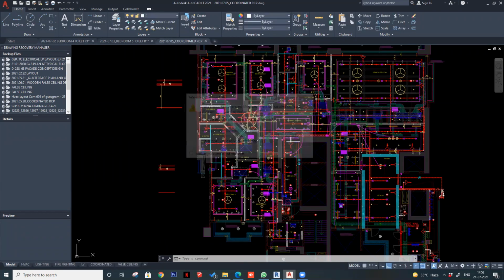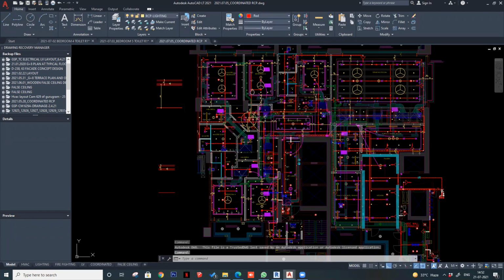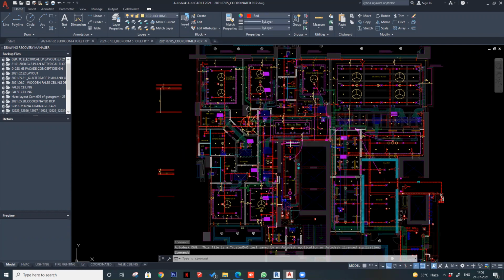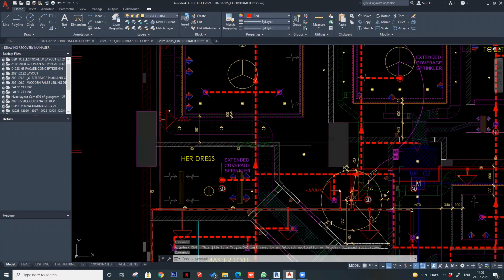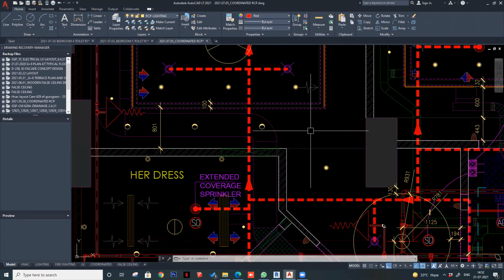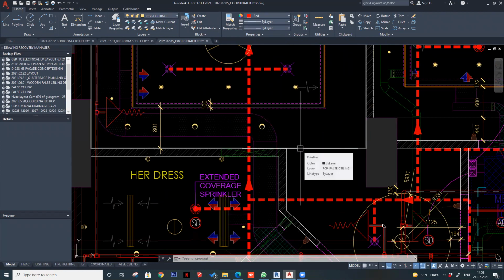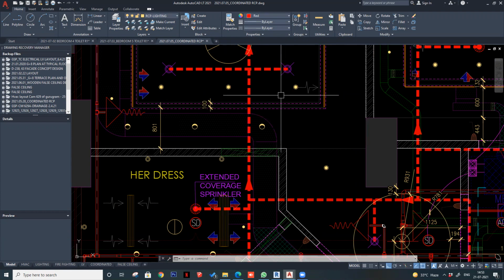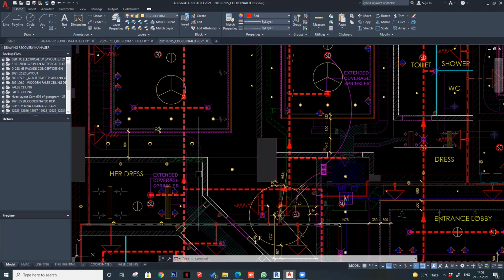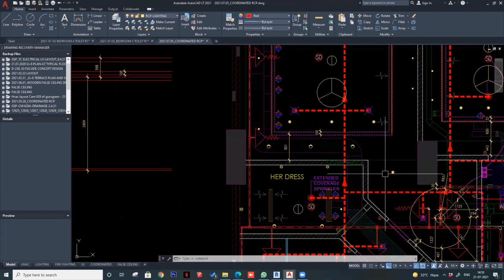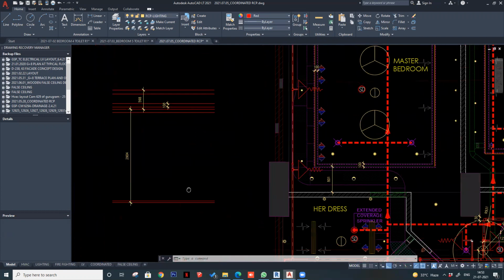For example, there are clash points like these, where the fire and the HVAC duct and the lights, everything is overlapping. We should obviously avoid such situations, but there are some crossings we cannot avoid. So at these points, you'll have to check if any of these points are coming in your toilet areas. And if it is so, then see, here is this.